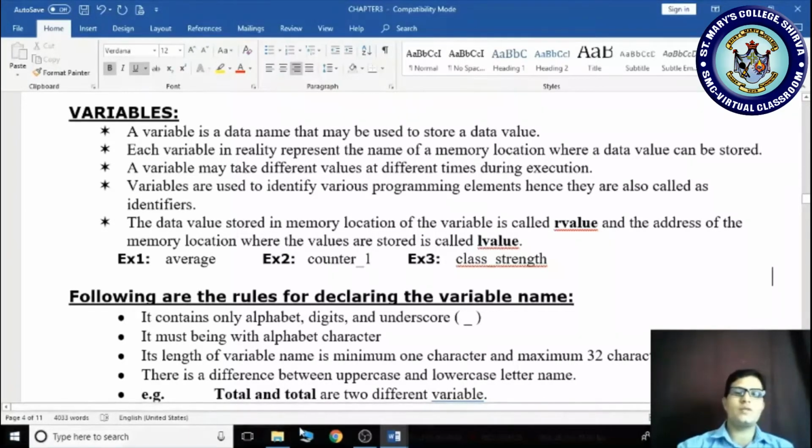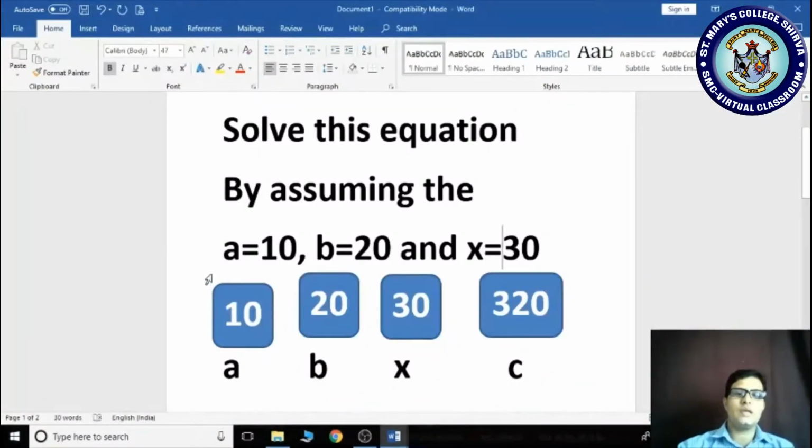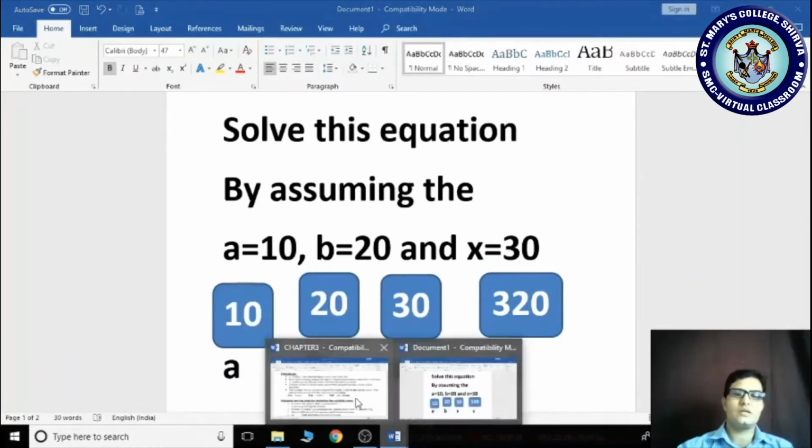Once again, let me revisit this example. You are using a, b, x. These are the names given to the variables. And what are you storing? You are storing a value in that variable. Please observe here: A is the name of the variable, and in this you are storing the value. Here it is saying the same thing.